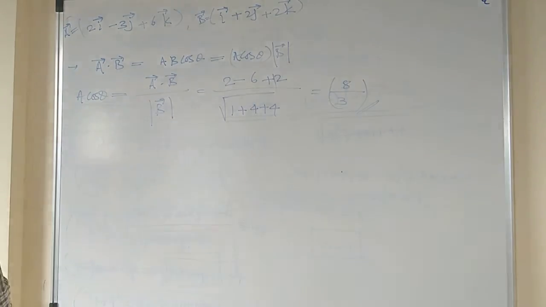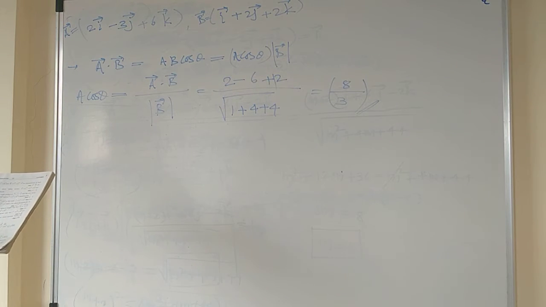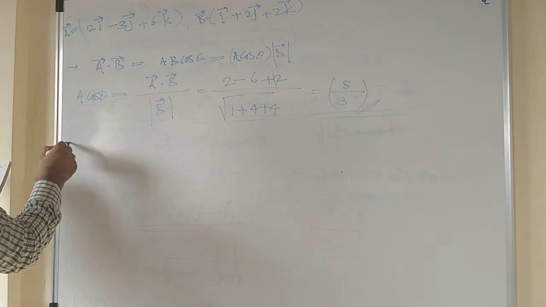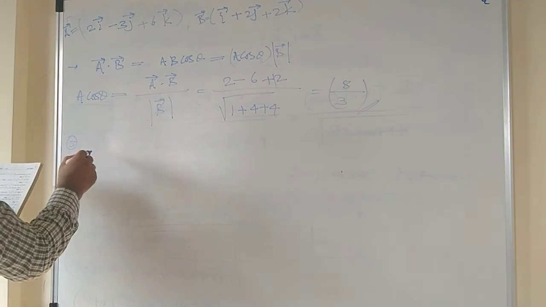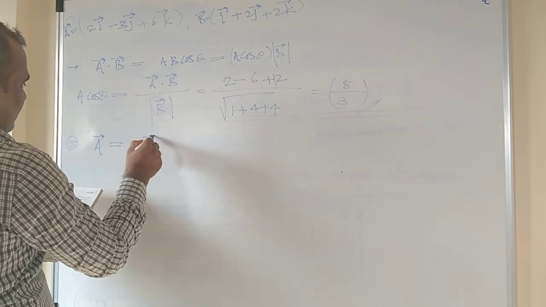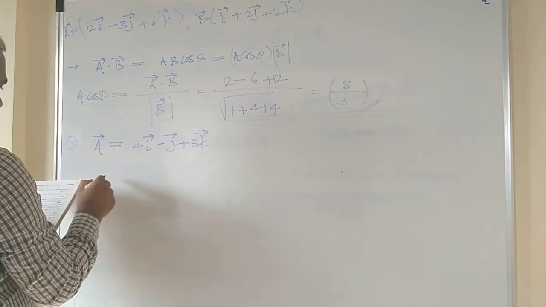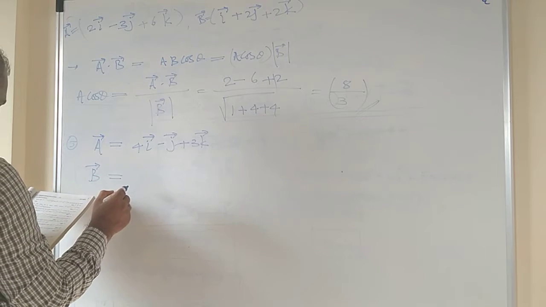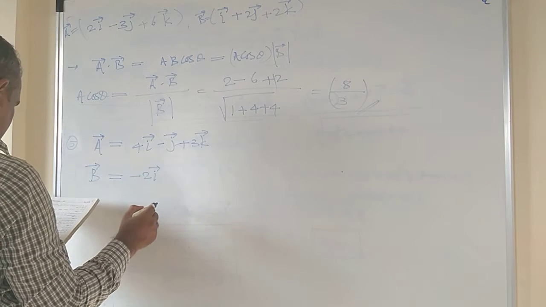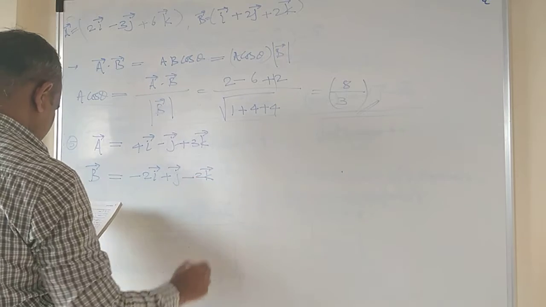Next problem is problem number 5. If a bar is equal to 4i bar - j bar + 3k bar, and b bar is equal to -2i bar + j bar - 2k bar,